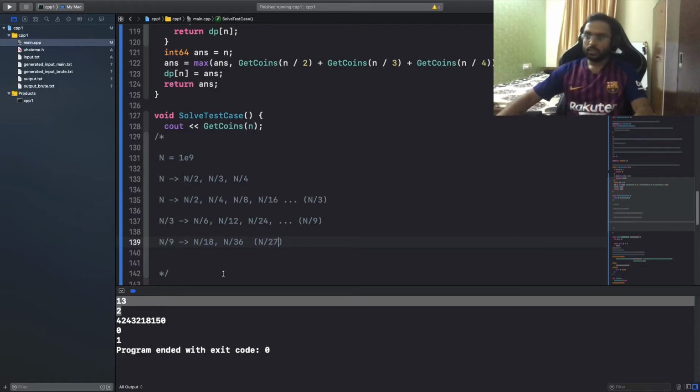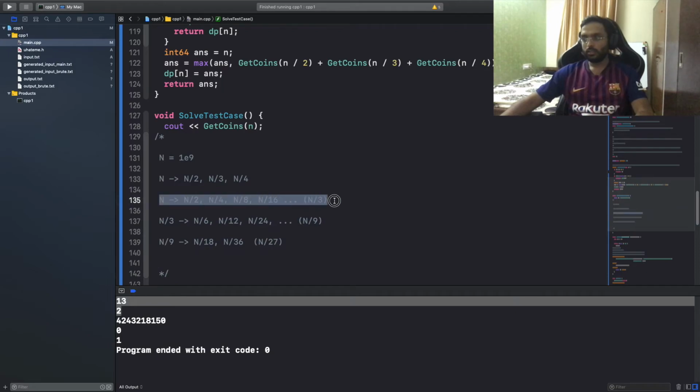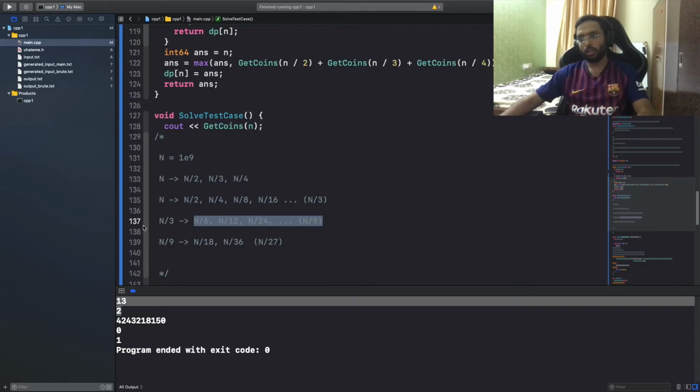That means, calling this a single step, the number of steps would be of the order of log of n to the base 3, and for each step it will be at max log of n to the base 2. I'm saying at max because this won't really be log of n to the base 2, but log of n by 3 to the base 2 and so on. So there might be some constant factors. Let's take the upper bound, which will be log of n to the base 2.